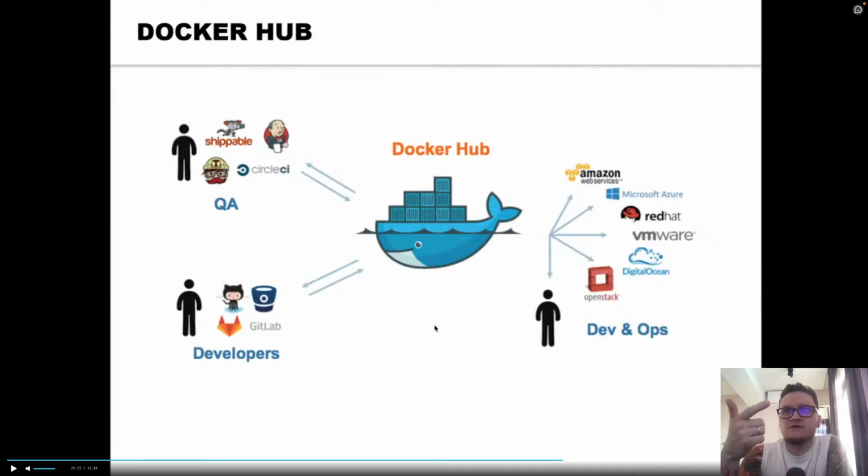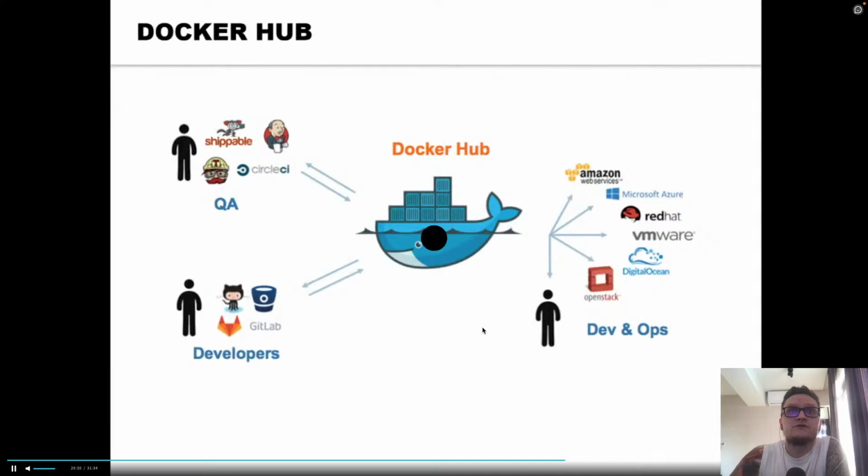Okay, the next step is this. As you can see, our lecturer took Ubuntu and just pulled it. Docker has its own hub, called Docker Hub, where you can find the images of the most popular stuff that you need for work.